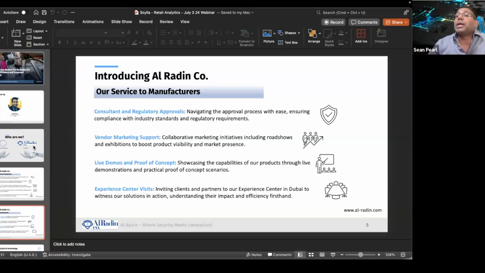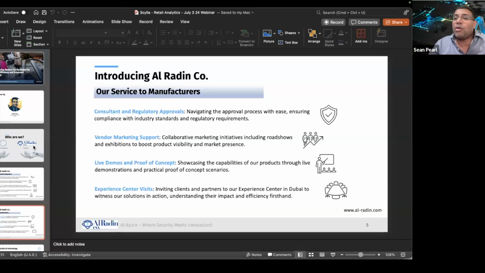Apart from this, we also get actively involved in a lot of marketing activities with our vendors. So this is road shows, technology days, exhibitions, and the whole idea of this is to get our partners actually aware of what solutions are on offer, what the product capabilities are, how we stand to be different from the competition, all of these things. So it's more of educational sessions that we actually do. Apart from this, we also look at live demos and POCs. This is something that we take on board ourselves.